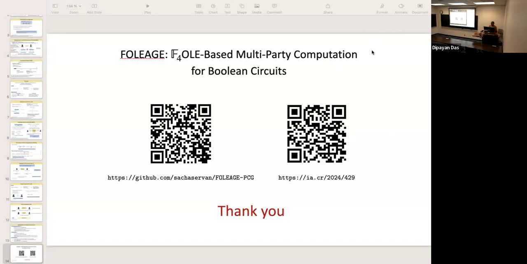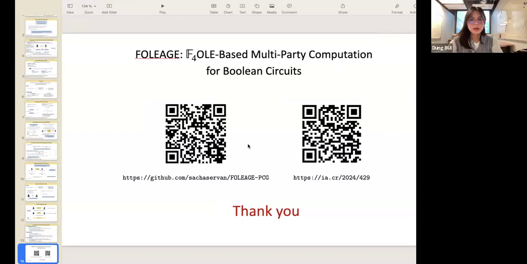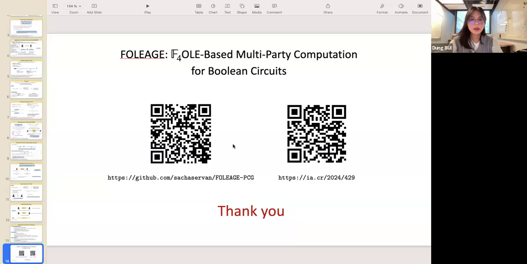Okay, I have a small question. Why do you need F4? Instead of F4, can we go to something like F2 to the power k? The assumption cannot hold if you don't go through F4, so you have to go through F4 and then go down to F2. That's basically because the security of the assumption will not hold when the field is F2.